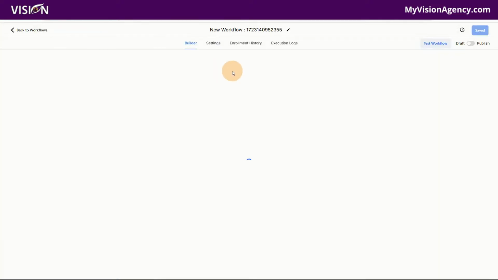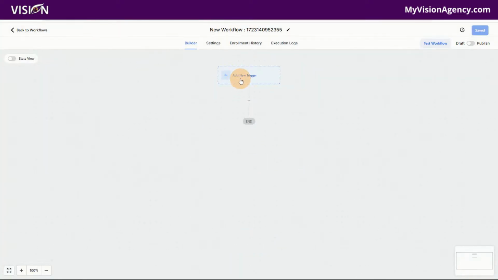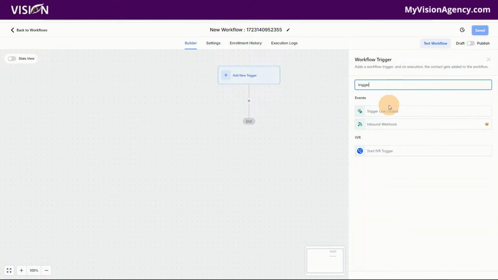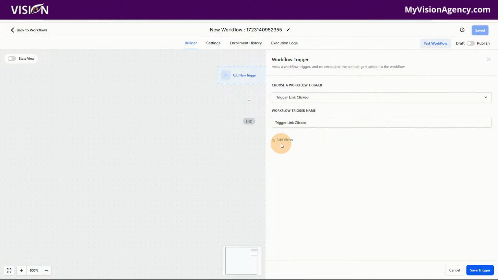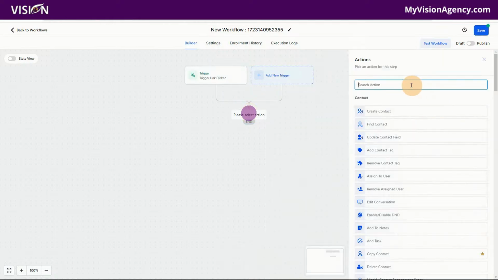And of course, you guys, you don't have to do this part. If you just want to add that link into the download word, of course, that's totally good. Okay. This is just something extra that you could do for more tracking. So we're going to start the automation with trigger link. We're going to choose the specific trigger link that we want to start the automation,